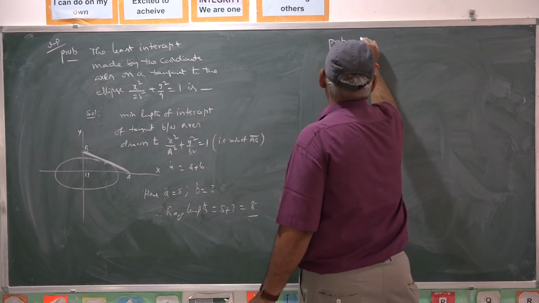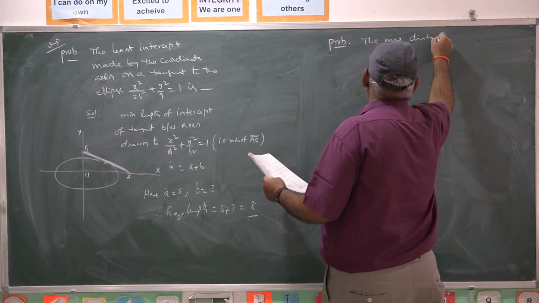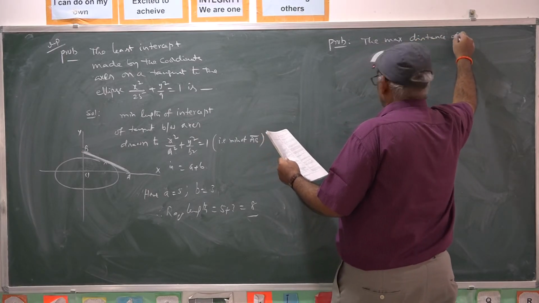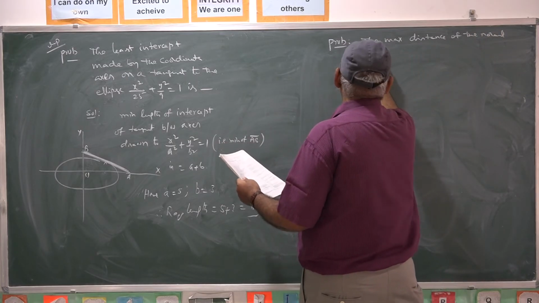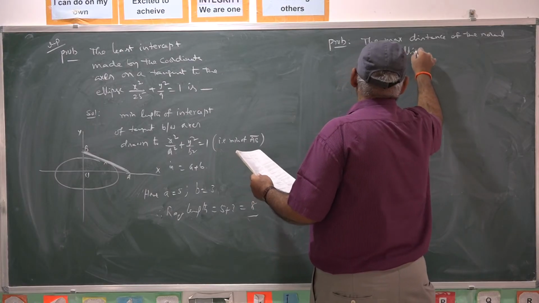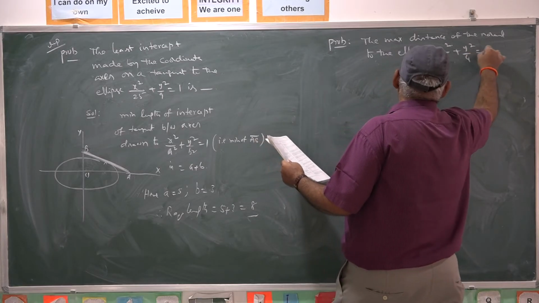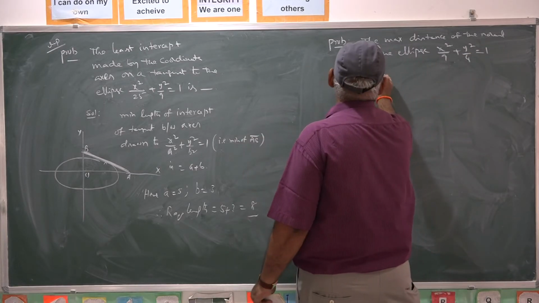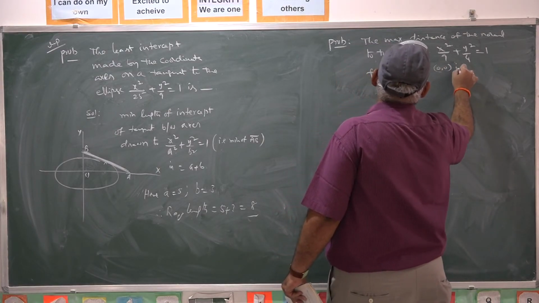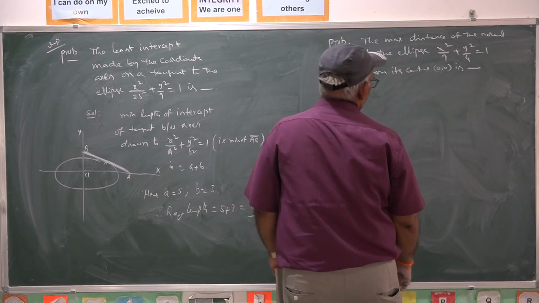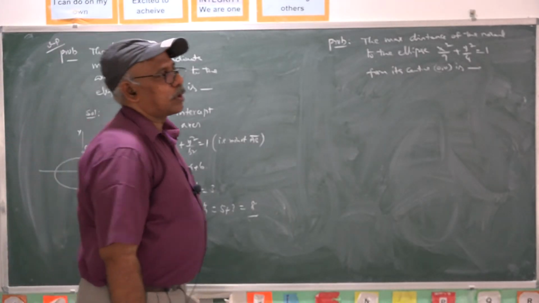This is also a standard one. The maximum distance of the normal to the ellipse x square by 9 plus y square by 4 equal to 1 from its center, origin. 0, 0 is the center of the ellipse, which is the origin. From the origin, the maximum distance of the normal is